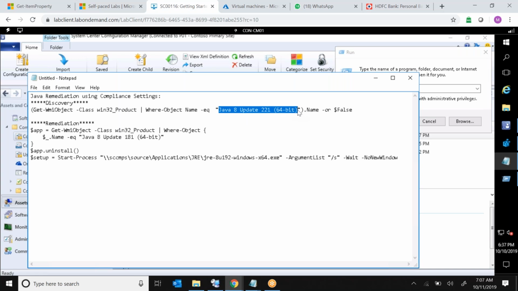So if any computer has this application, SCCM will forcefully remove that application. If it is present, then it will come as true. If it is not present, then it will come as false. And if it finds true, then it is non-compliant. Got it, guys? Clear? Are you guys following or not? Yes. Yes. So let me just copy this script,